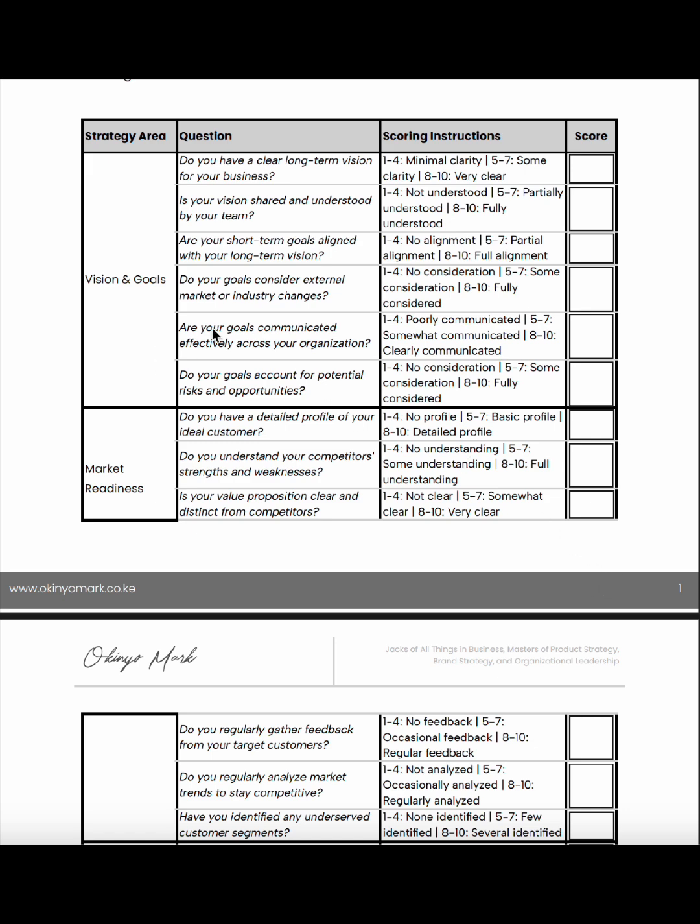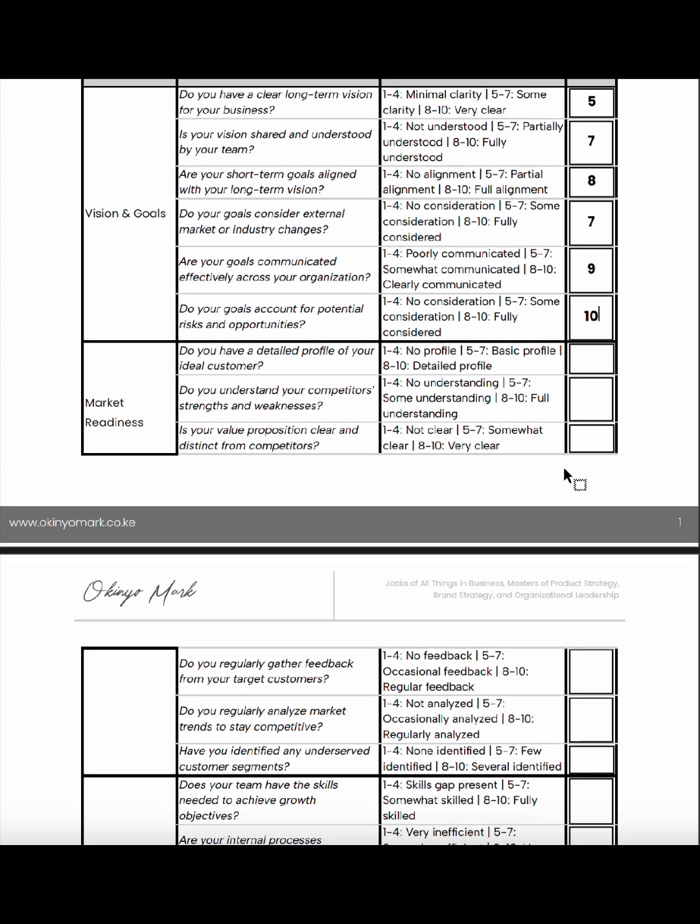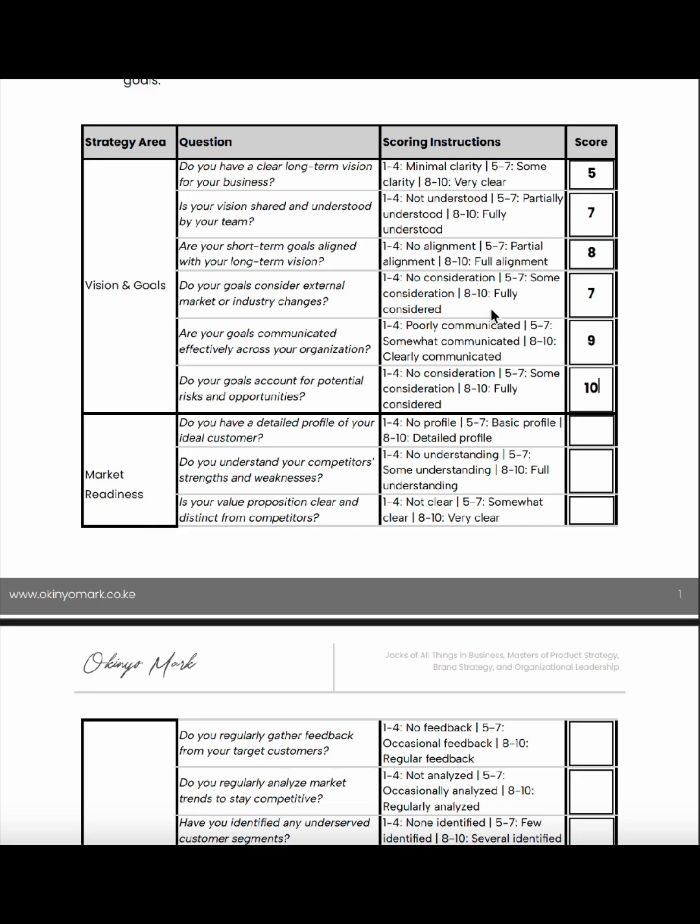So under vision, we'll look at things like, do you have a clear long-term vision for your business? Is this shared across the team and understood? Are your short-term goals aligned with your long-term vision? And so on and so forth. So essentially, you just go through each section and you give a rating. So let me do that. 7, 9, 10. So essentially you do that across all the key areas,